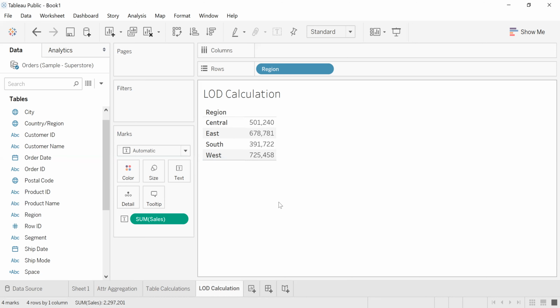So there are three kinds of LOD expression. We have fixed, include, and exclude. First you understand this. I will explain each one by one, but let me give one example here.